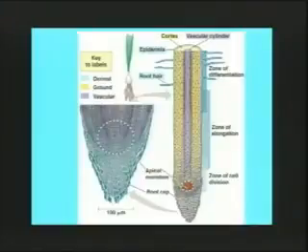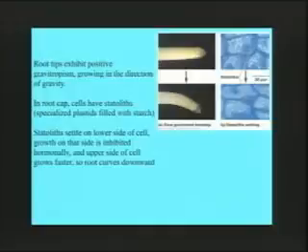And the root cap's constantly being replaced, the cells there as they're being sloughed off. The root tip also serves a function in positive gravitropism of the roots. So roots grow downward in response to settling or tension inside the cell. The current thinking is that the plastids of the roots, remember the plastids in the leaves are differentiated for photosynthesis, the chloroplasts. Plastids in roots that are differentiated for storage of starch are called statoliths, and they will settle on the lower side of the root cell in response to